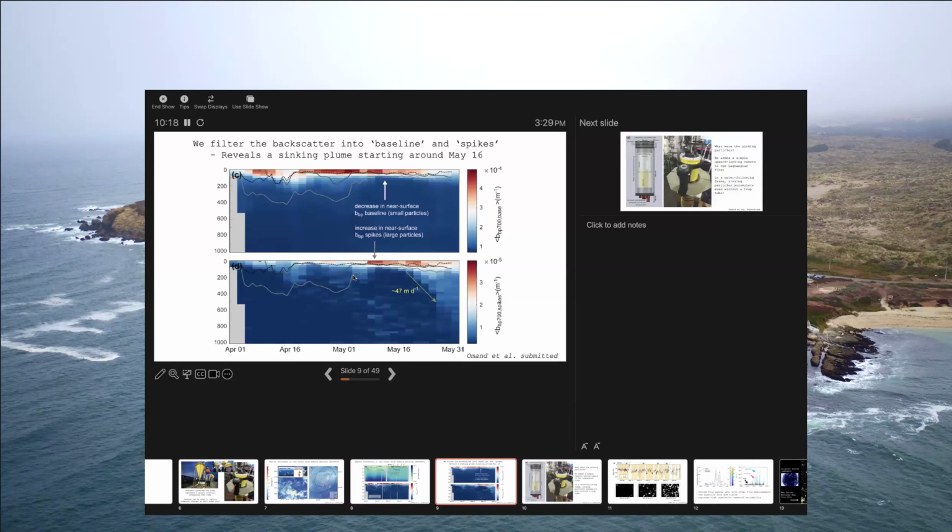It's been gridded. And then the bottom panel is the anomaly from the baseline. So basically the original signal minus the baseline, you then have a gridded product that reflects the spikes in the data. And what really pops out now is this feature right here. And with that feature is a lot of sinking particles. So we see a descent of that plume of about 40, 50 meters per day, which was actually very consistent with a lot of our onboard measurements of sinking flux.